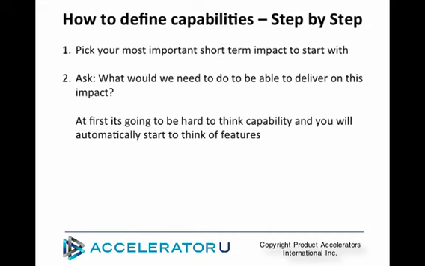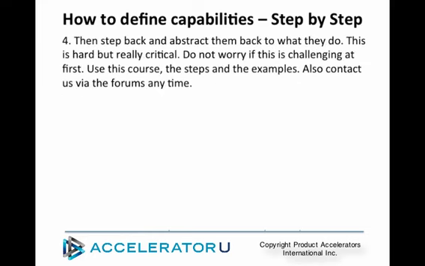Now, at first it's going to be hard to think capability, and you will automatically start to think of features. Just roll with this. Write them down, but stop after 2 or 3. Step 4. You're going to step back and try to abstract them back to what they really do. Now this is hard, but really critical. Do not worry if this is challenging at first. Use the course, the steps, and the examples, and you can also contact us using the forum at any time